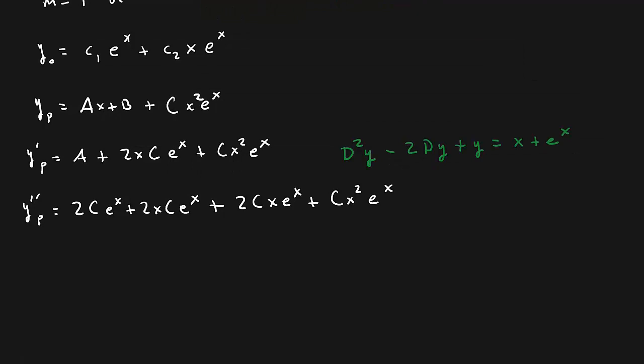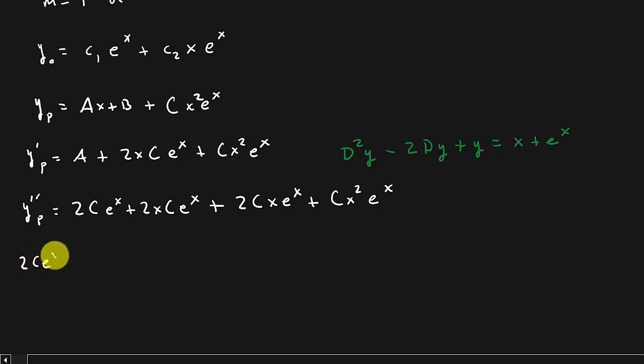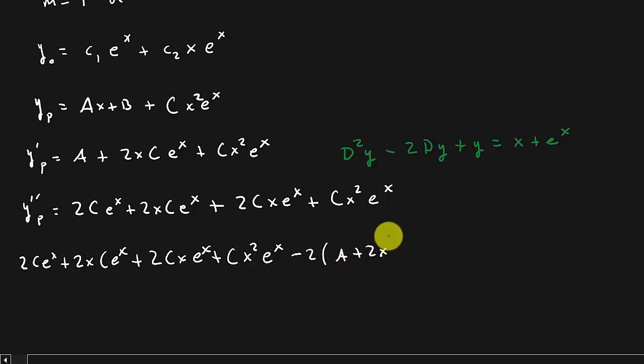Well, here we go. Okay, plug it in. So this is going to be 2c e^x + 2xc e^x + 2cx e^x + cx² e^x. All right, so that's for the second derivative, minus 2 times the first derivative, which is a plus 2xc e^x + cx² e^x, plus